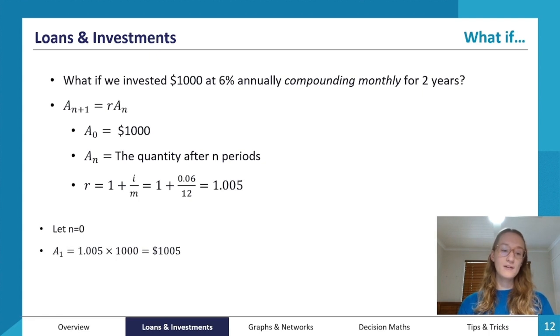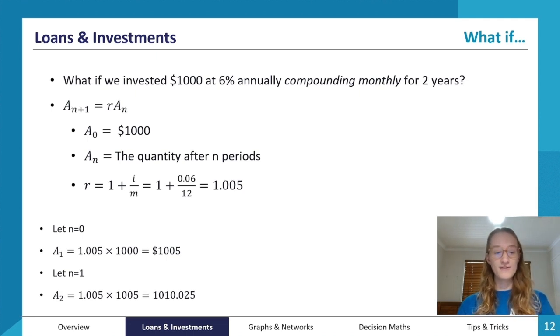So let n equal 0. So here we have A1, and because we're not looking at yearly time periods anymore, we're looking at monthly time periods. Here we're saying the amount after 1 month will equal $1,000 multiplied by our growth factor, 1.005. So we're going to have $1,005 after 1 month. And then if we say let n equal 2, then it'll be A, 1 plus 1. So A2, the amount after 2 months, will be equal to $1,005 multiplied by 1.005. And that will give us $1,010 and